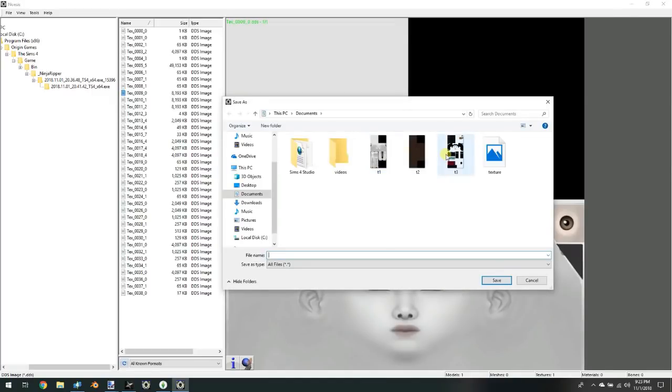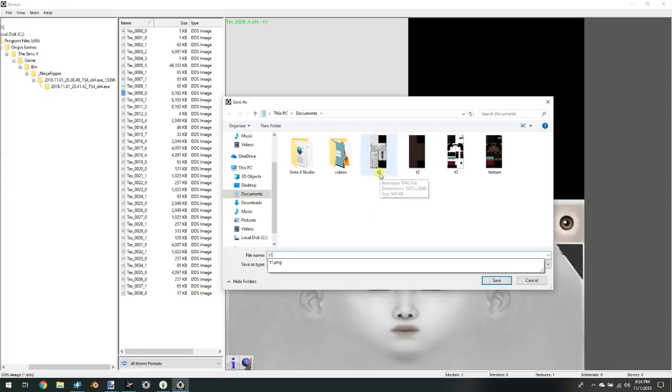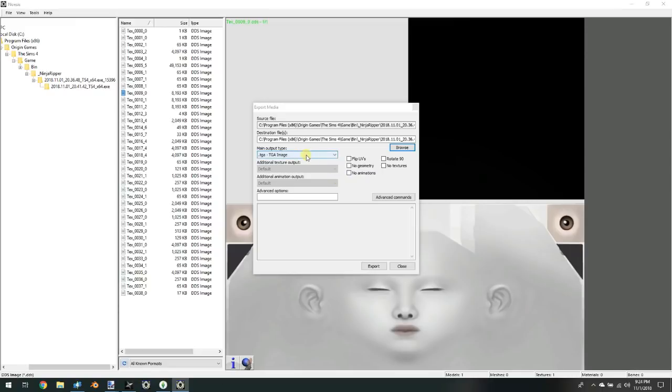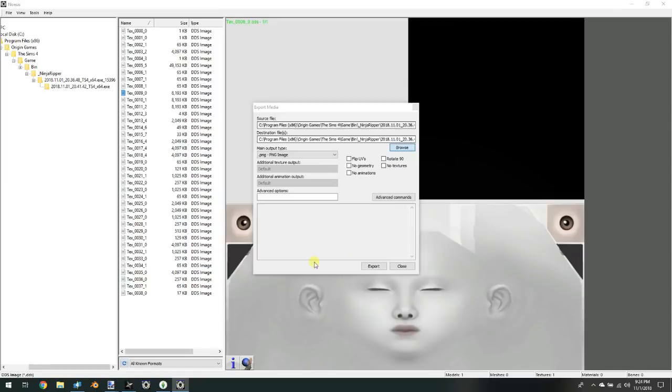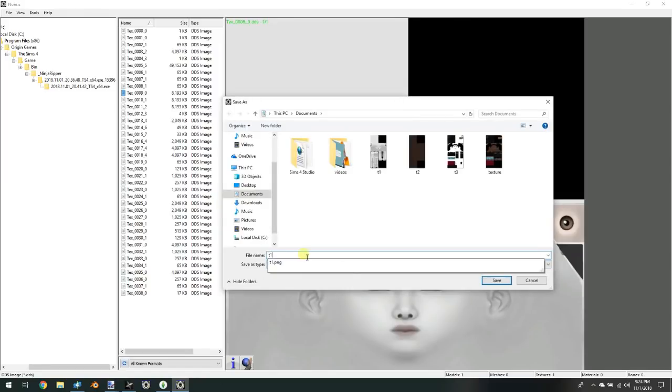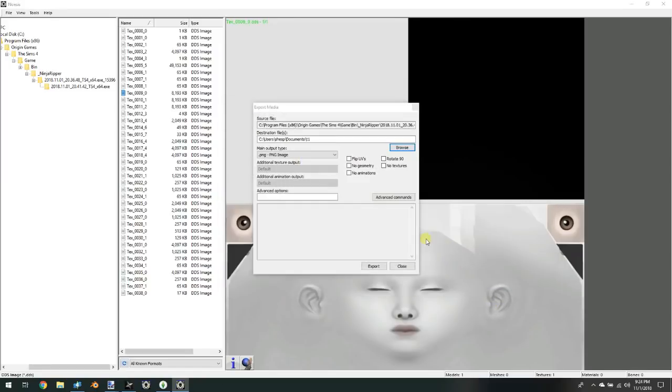And I have already gone through this, and I've had some issues with recording, so I already have my texture saved. So you're going to save it to whatever you want. So this first one I saved as T1, so I would type T1 here and then save it. I'm not going to press that, so pretend I press save. Then you're going to go to PNG. You know what, let me go ahead and do it. T1, save, and then you're going to put PNG here, export,